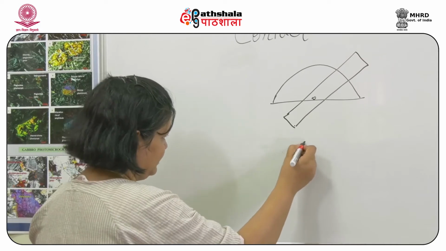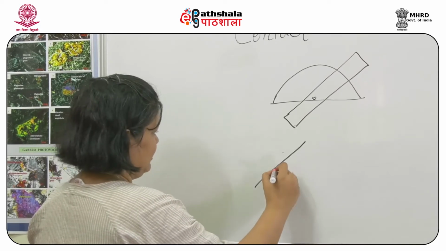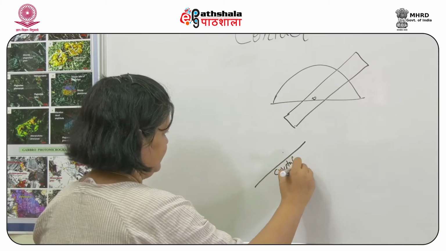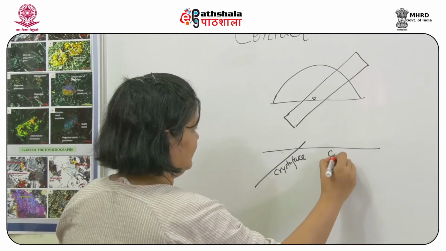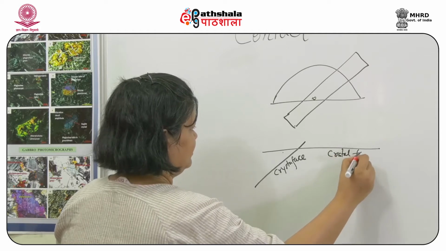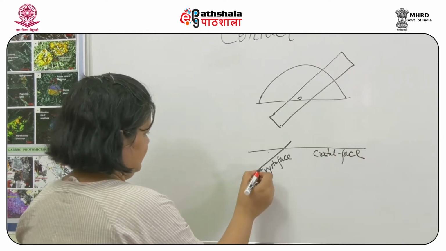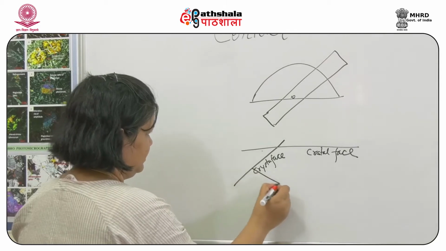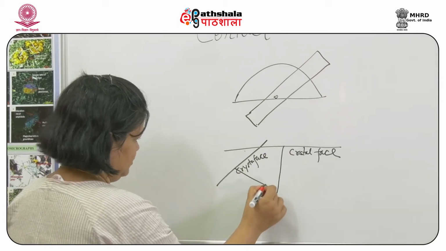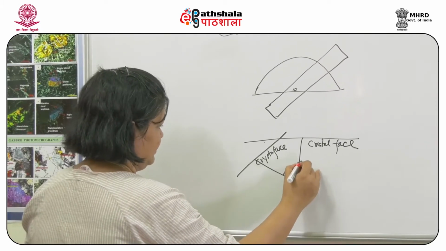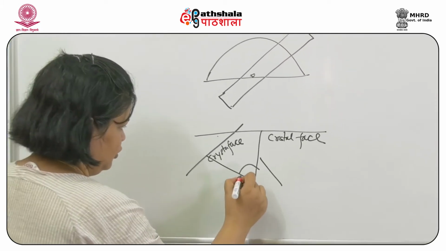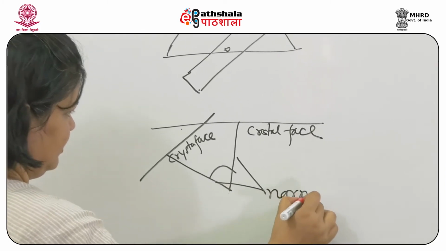We will make this plastic flap lie on one crystal face, then the D will be adjusted against another crystal face, then the angle between these two, which are the normals to the crystal faces,